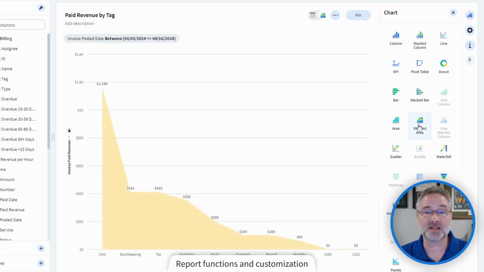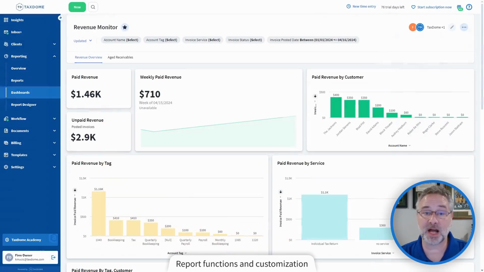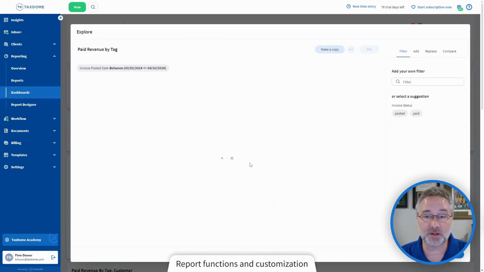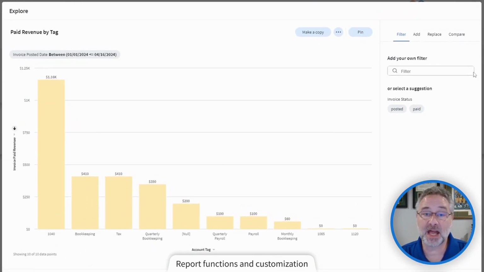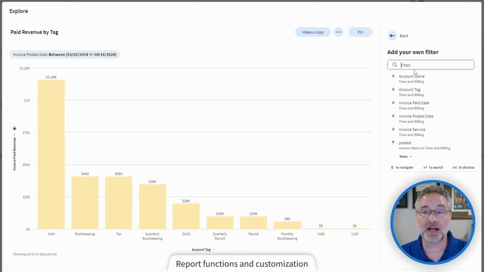Now, besides this, there are also more things that you can do when you use the Explore option on the report tiles. You can see those right here. You can filter, add, replace, and compare data. These tools come in handy whenever you're looking for specific information and you already have a report which has some, but not all the details you need, or maybe the report you're looking at just has too many pieces of information. Now, in those cases, you could filter the report to narrow it down further,